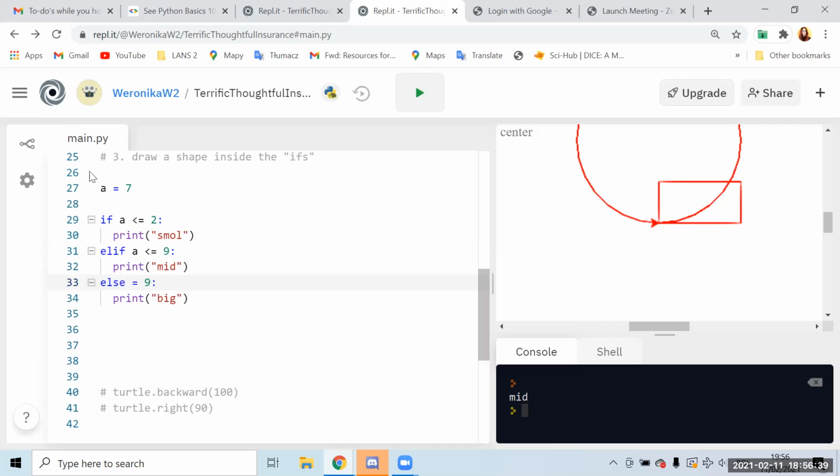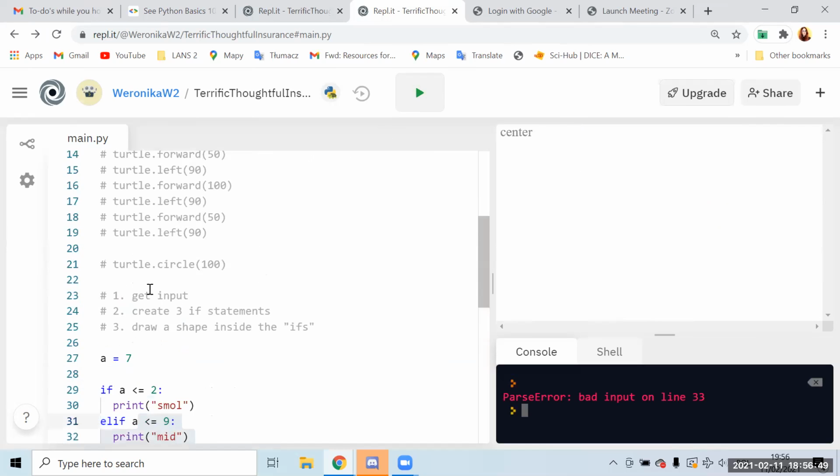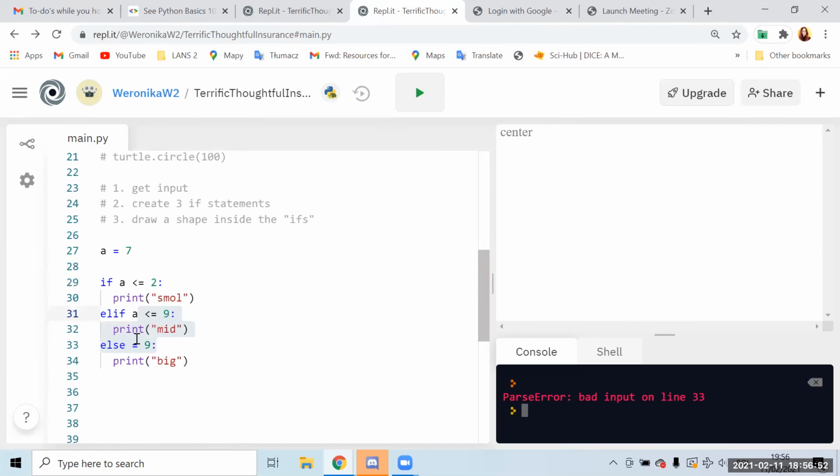So it's if, elif, else. And as you can see, the condition is now very, very simple. Yeah, just else. That's correct. So that's also something you can do.